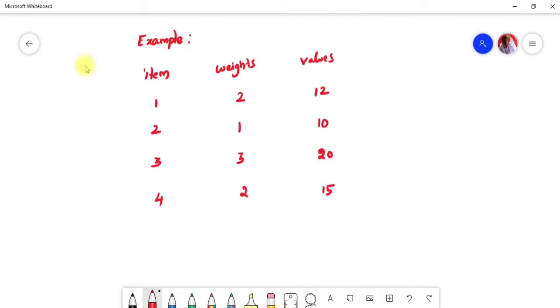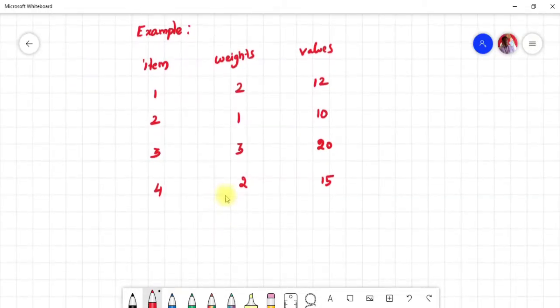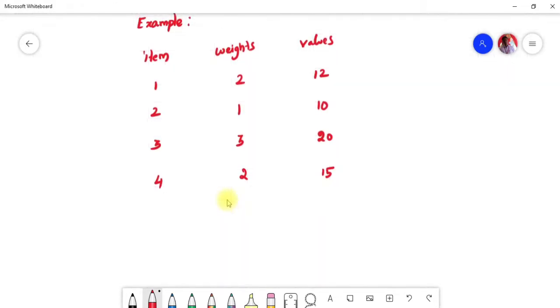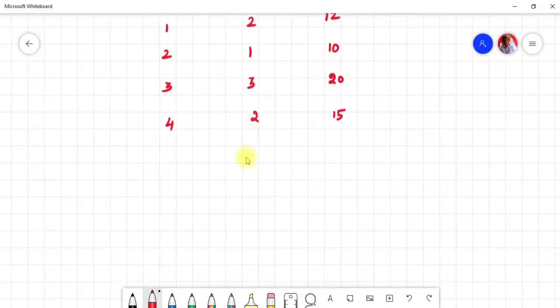Sometimes they will not give you the direct question, they will give you a situation or a criteria to find out. For this problem I have taken the question directly, and let's solve it by using the tabulation method, the dynamic programming approach.